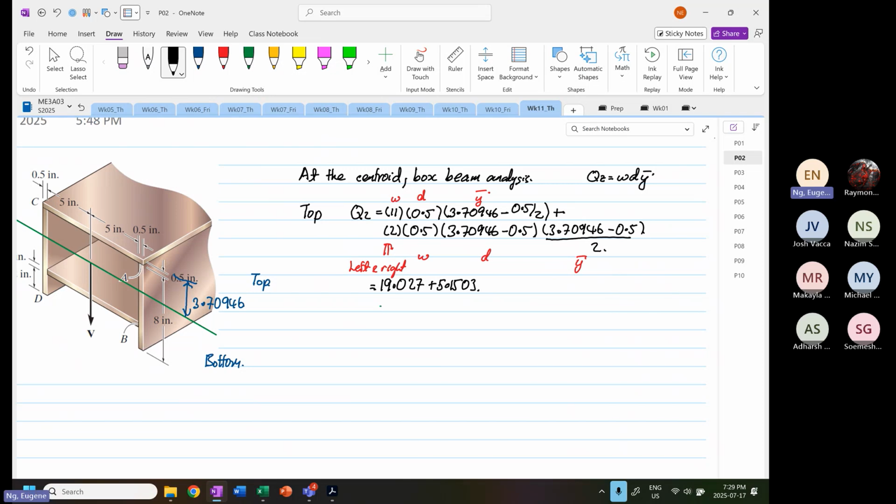Let me do it again. 3.70946 minus 0.5 squared divided by 2 times 2 times 0.5. Yep. So this will be equal to 19.027 plus 5.1503, which gives 24.1773